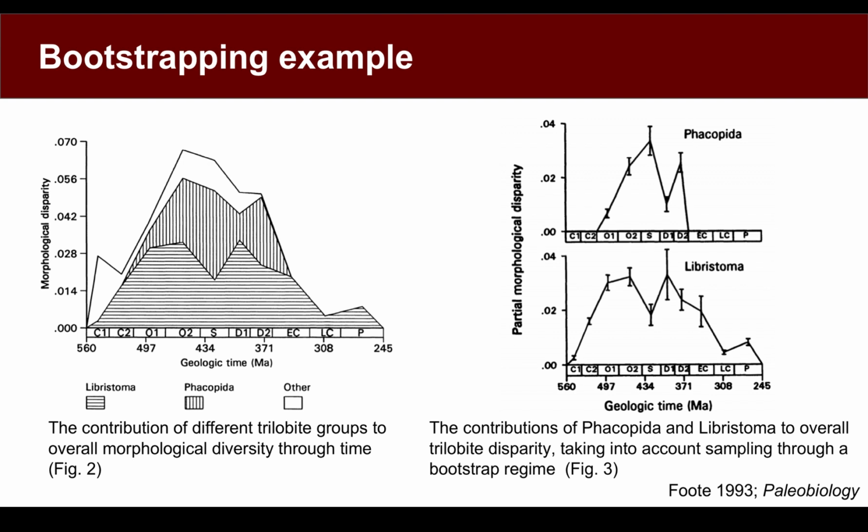And here he's shown the results you get looking at disparity this time instead of richness for the trilobites. On the left here is comparing the relative components from the Facopid trilobites and the Librostoma trilobites. The same data is effectively plotted on the right here, but it's oftentimes a bit easier, if you're looking at different components of a curve, to plot them separately, because it can be hard to read across those. And we can see also another advantage of bootstrapping is that we've got error bars around our data, and bootstrapping is a good way of looking at what uncertainty you have in terms of your data.